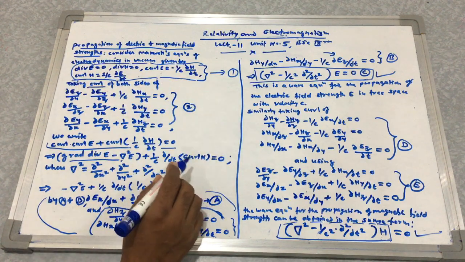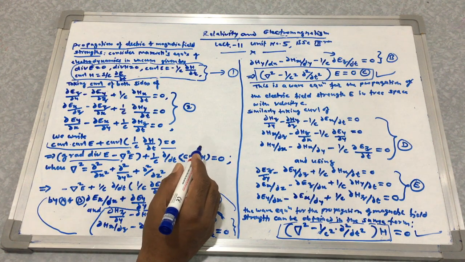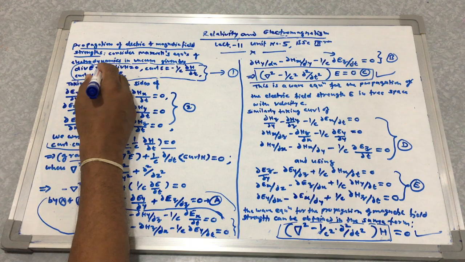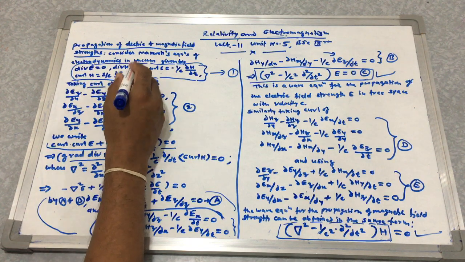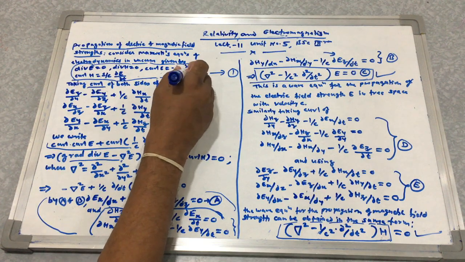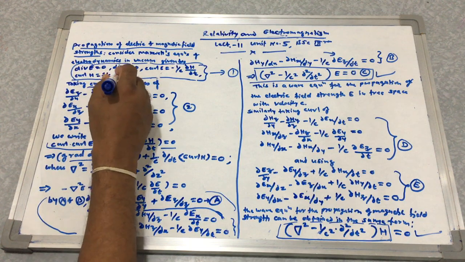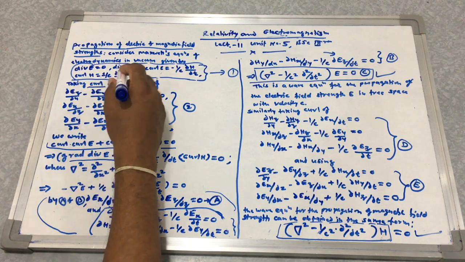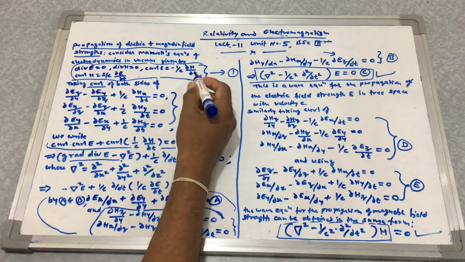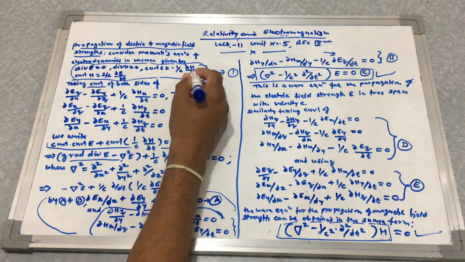This is the Maxwell equation of the electromagnetic field in vacuum. We have these equations: divergence of E is equal to 0, divergence of H is equal to 0, curl E is equal to minus 1 upon c del H upon del t, and curl H is equal to 1 upon c del E upon del t. So this is divergence E is equal to 0 and curl E is equal to minus 1 upon c del H upon del t.